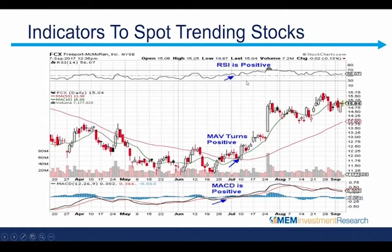Let's move on to the RSI. As I mentioned, it's the relative strength indicator, and you want to pay attention with this smoothed out line to, again, not only the slope but the position. So if it is above this dashed line, this is your 50 net neutral line, that's viewed as the RSI being positive, meaning it's a positive signal. And likewise, if it trends negatively below this net neutral, that is negative,